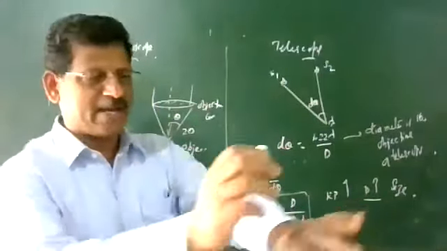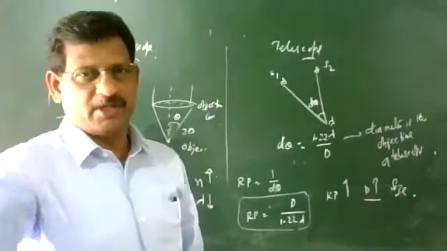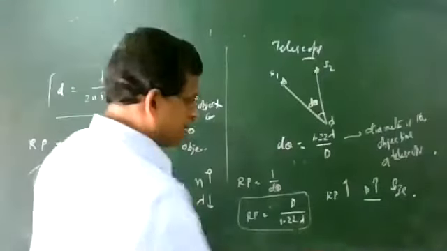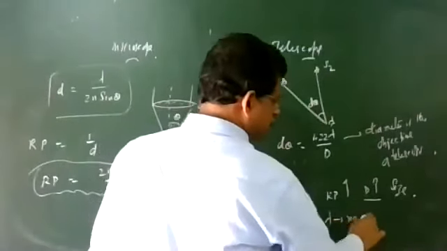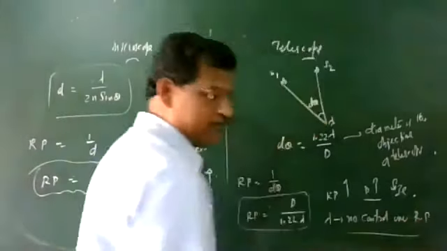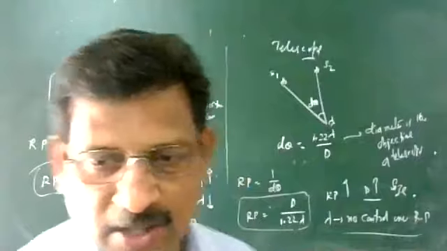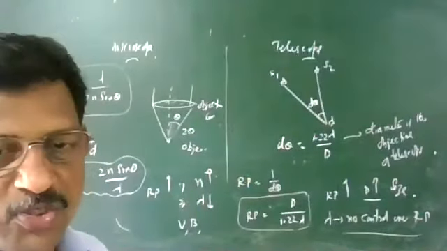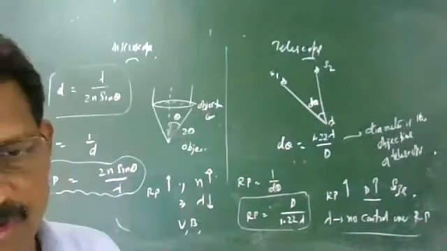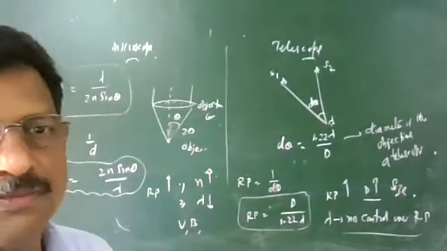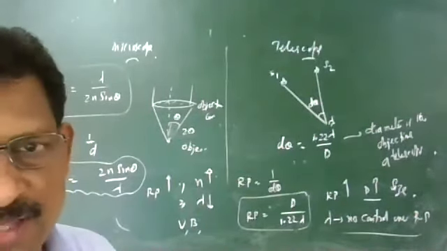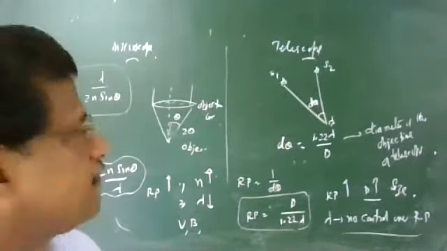Lambda is the wavelength. Lambda has no role here because it is a very distant object. We have no control over lambda because it is a far object; we cannot use a particular light or wavelength there. So the resolving power can be increased by increasing the diameter, generally the aperture. Use a huge concave parabolic mirror or a huge lens, and by this the resolving power can be increased.